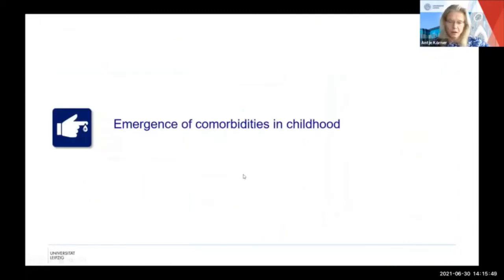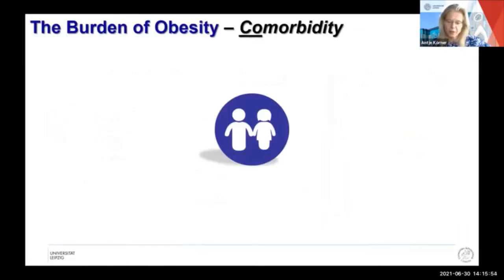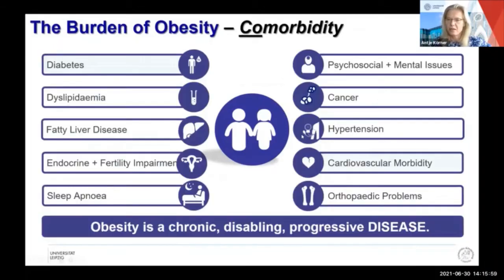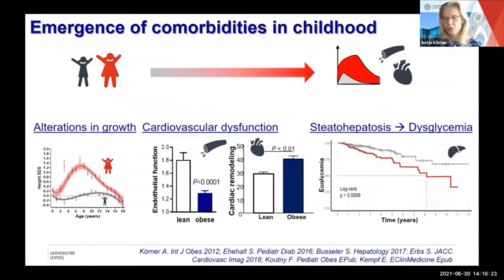Now, of course, why are we dealing with this disease? This is also because of the consequences. And we are all aware of the comorbidities of obesity, like diabetes, metabolic comorbidities, sleep apnea, cancer, cardiovascular morbidity, mortality, etc. And these are actually emerging already in childhood. Of course, we don't see children with a manifest heart attack, but we will see the first preclinical